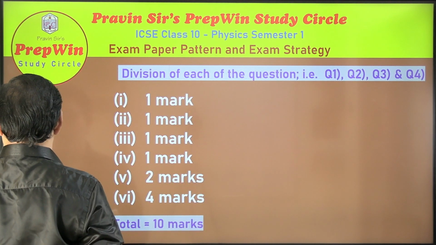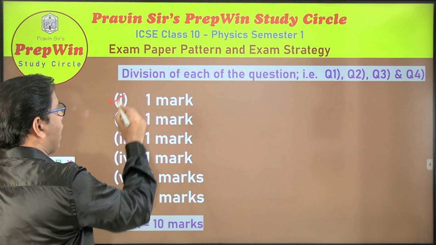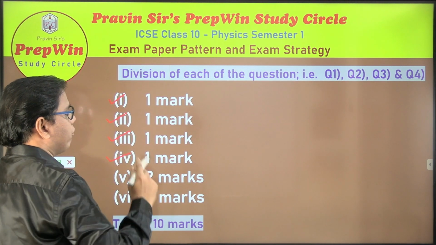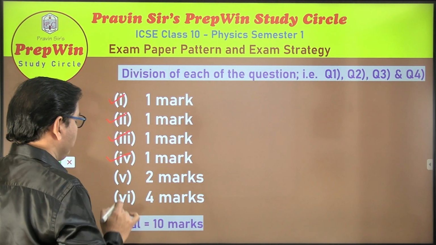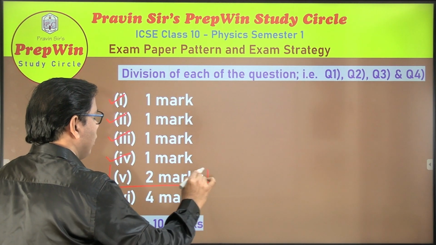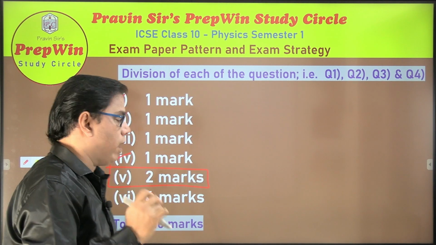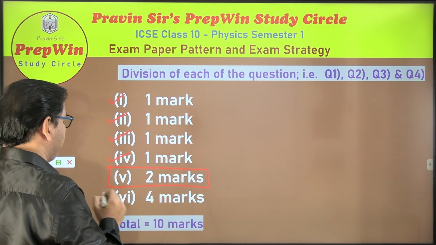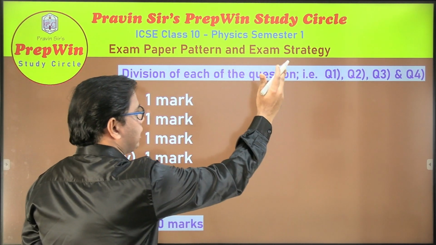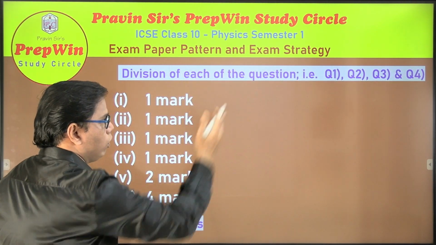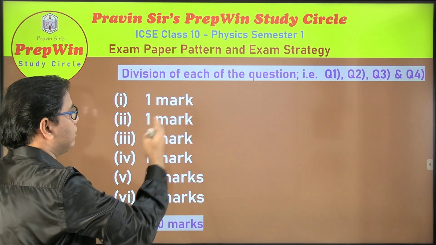It is very important that you know what kind of questions you will get in the physics question paper so that you can set up your preparation accordingly. So if we talk about the paper, the first 4 questions are 1 mark each and they are straightforward questions, and we can say they are standalone questions. Now question number 5 will be for 2 marks. This one question will carry 2 marks. And finally, question number 6 will carry 4 marks. So each question, question number 1, question number 2, question number 3 and question number 4, is subdivided in this manner.